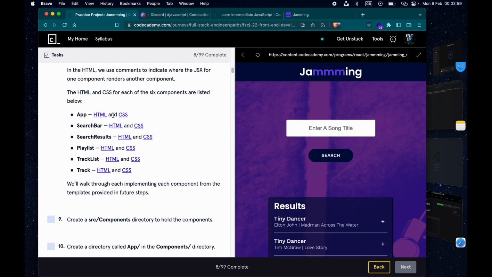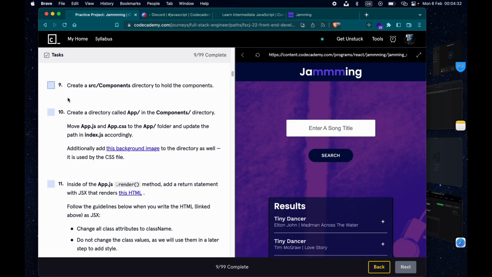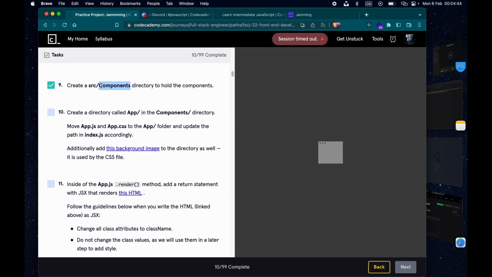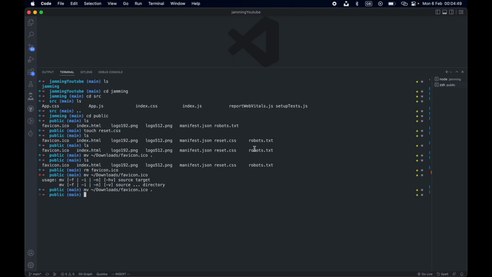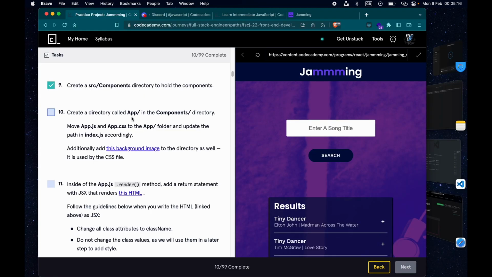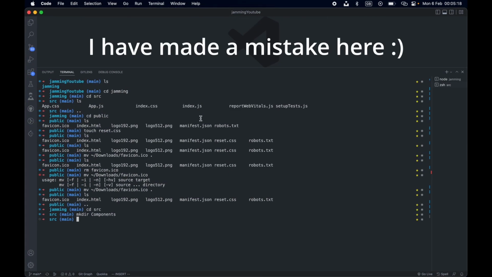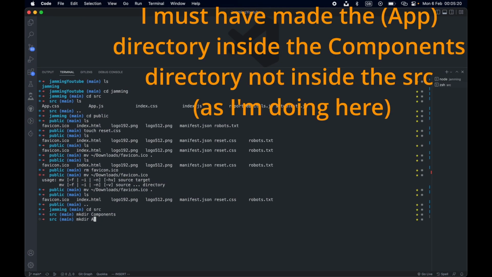They have provided the HTML and CSS files for them. So the first one is going to create a components directory inside the SRC. So right now we have an SRC component, and we are asked to add another one inside of this. So we're going to go to mkdir components. It's a directory called app in the components, so we're gonna use this one and name it app,